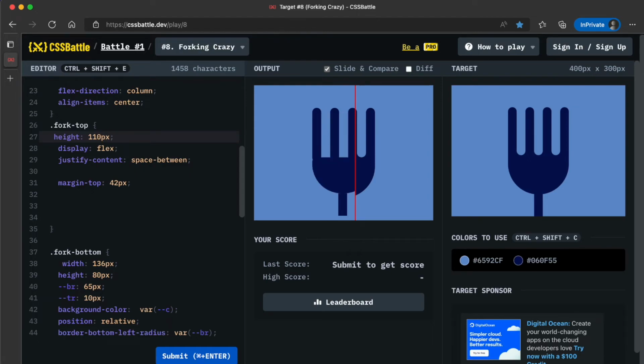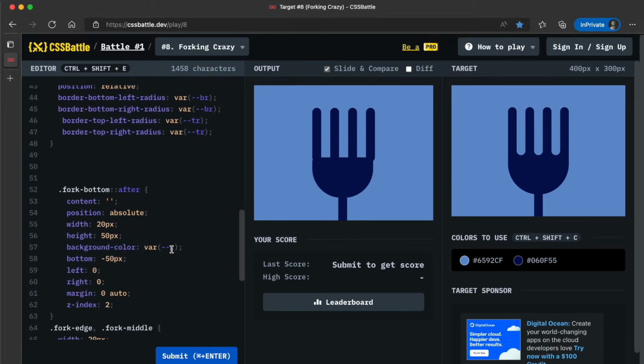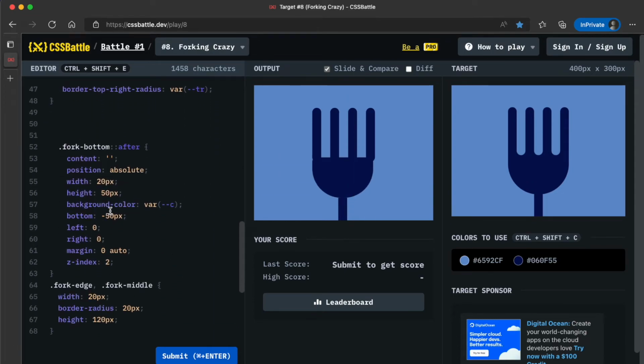Yeah, 110 looks just what I want, but the height here needs to also increase, so 90. Yeah, 45, and I'll make your height bigger with 55. No, 50. Okay, then